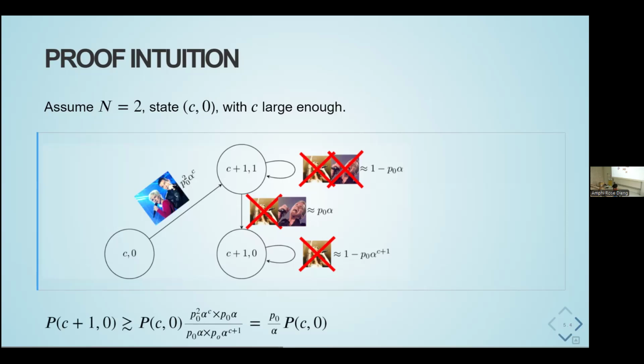If you do the computation, it gives you the relationship that the probability of having C plus 1,0 is, up to approximation, greater than or equal to P of C,0 times this. So I just basically add all the parameters there, which is P0 over alpha. And back to M/M/1, if this is greater than 1, you're in trouble because the probability will increase with the state. But if it's less than 1, it's okay. But you can't say anything because it's an inequality there. But at least you know that if P0 is greater than alpha, sorry, you will have troubles. Okay?